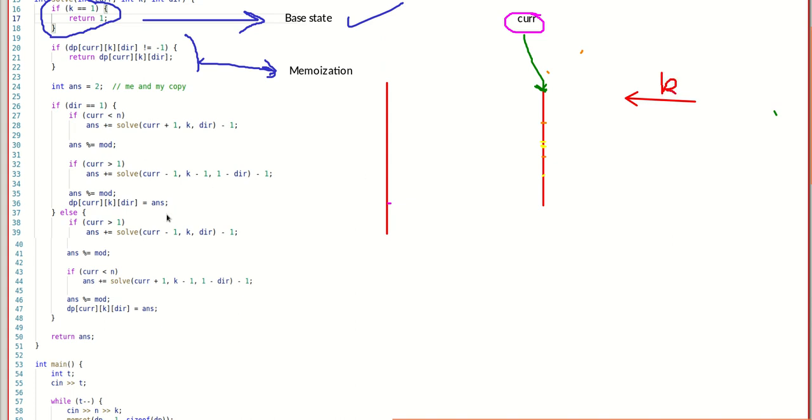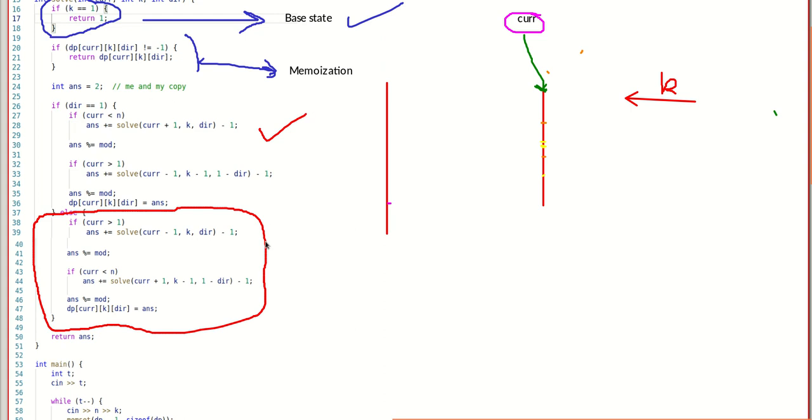Just to clarify, I am talking about this else condition right now. The if was already explained and done. So right now we are talking about this thing. If my particle is moving towards the left, as this is the current plane, we already know that this particle will move here with the same decay age k, but it will create one more copy which will move in the opposite direction, that is to the right, and the decay age of this would be k minus 1.